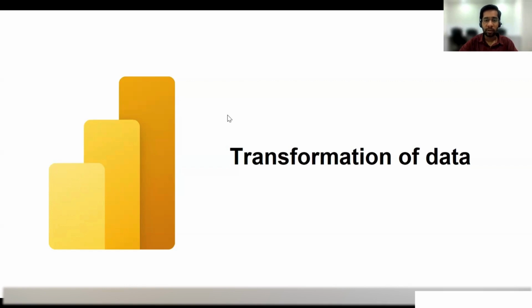By transforming the data effectively, analysts and decision makers can extract valuable insights and make informed decisions based on their process data. So let's go to Power BI and see how we can transform the data in